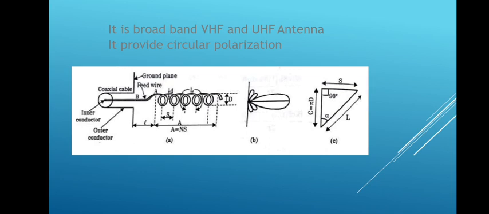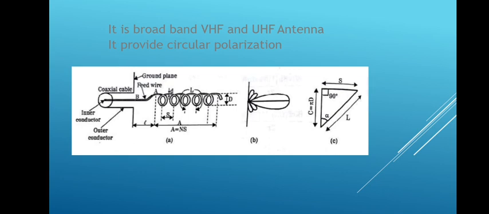And here the wire is wound with some turns, so you say that N number of turns will be there. Here it is indicated that the feed wire will be connected directly to the inner conductor. The winding with some diameter, the spacing between the elements, and the length of the wire will all be taken into account. The center to center spacing is S, and here this is the overall length, A